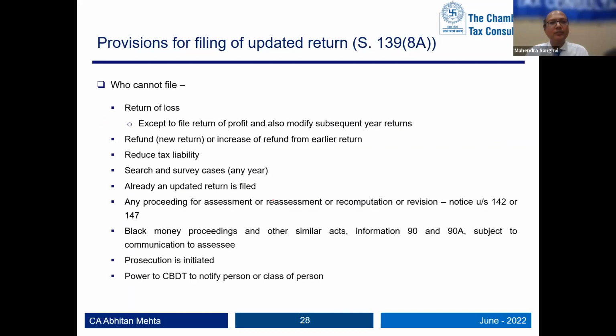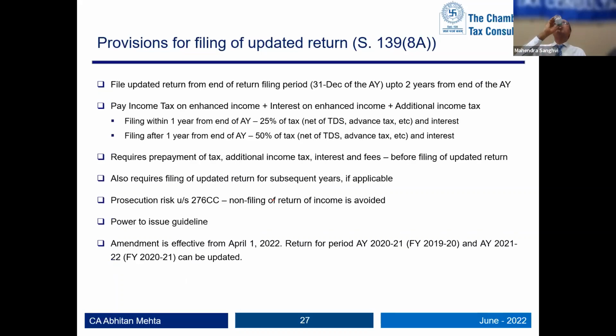Now just briefly touching on who cannot file. So we have seen one feels if there is a mistake, you can file. It has started, but no forms are there. The utility has not come yet. Form has come. Two years you can? Yes, for the earlier two years, that is there in the explanatory memorandum as well, that you can file. So you can file for AY 2019-20 and 2020-21, so AY 2020-21 and 21-22. You can update.